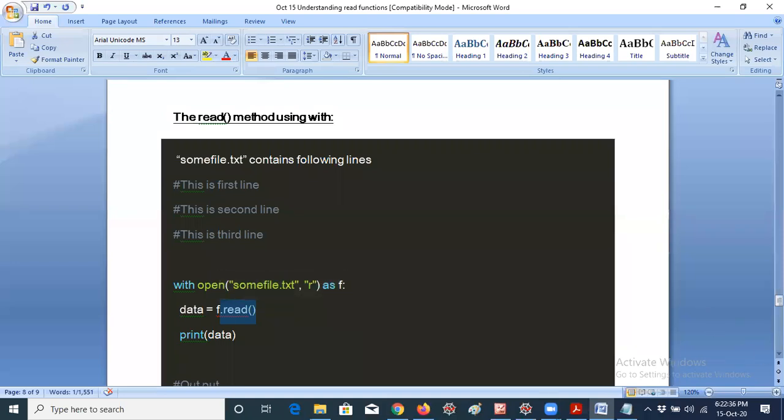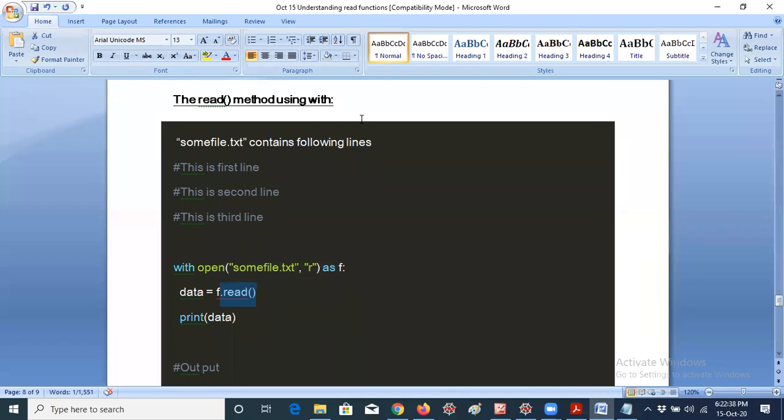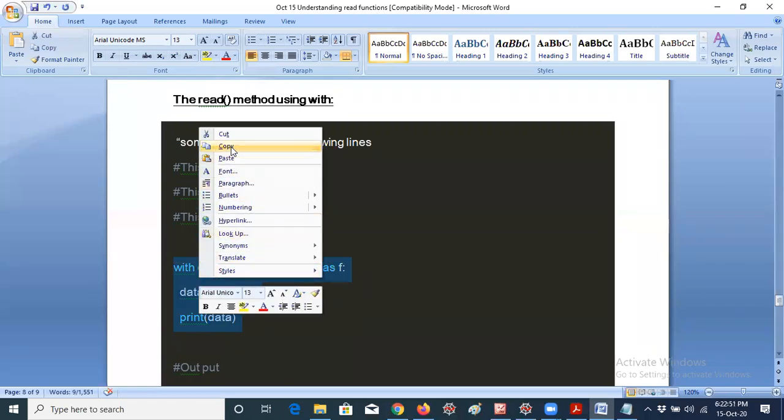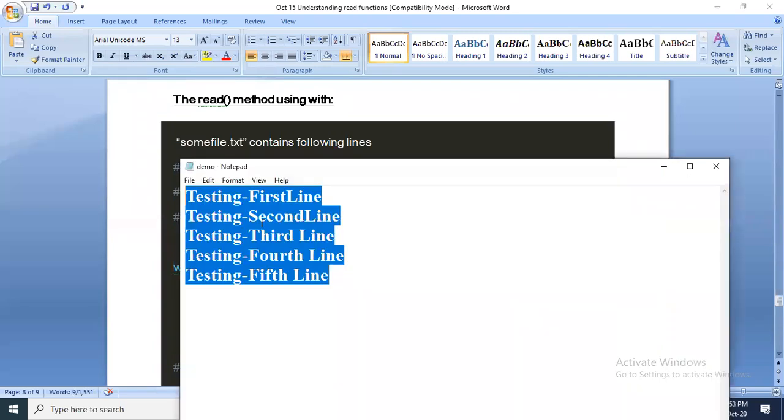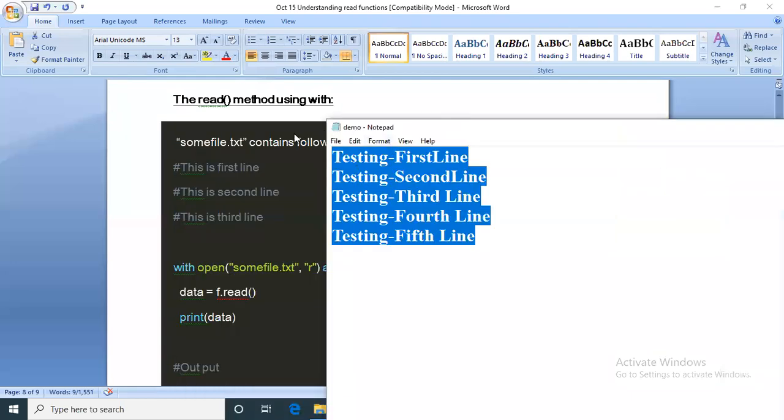I'm using only 3 lines of code. The read method using with now. Read and readlines methods are necessary here. I hope you understand, guys. This is only 3 lines of code. Let me copy this. I will create another file, because I already covered a lot of concepts with demo.txt.